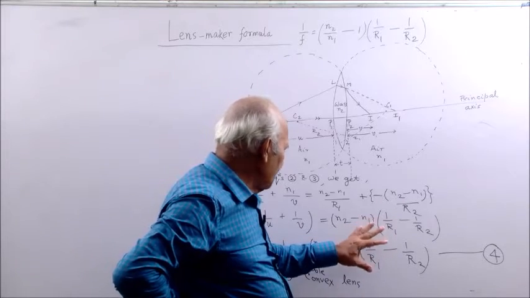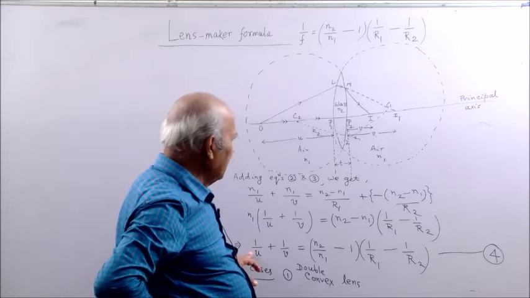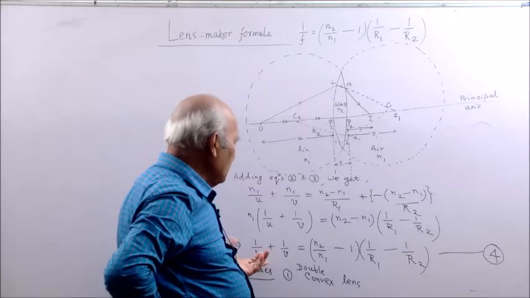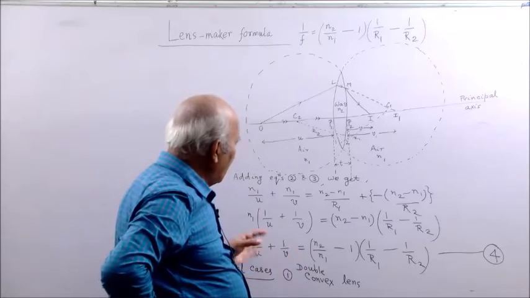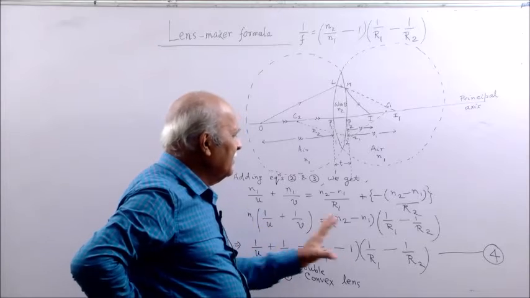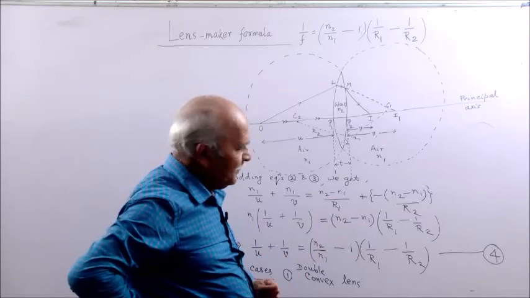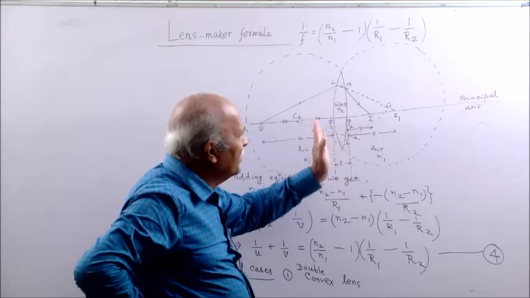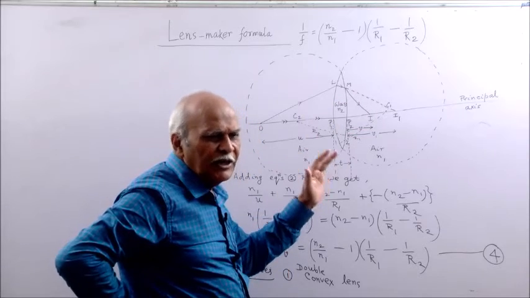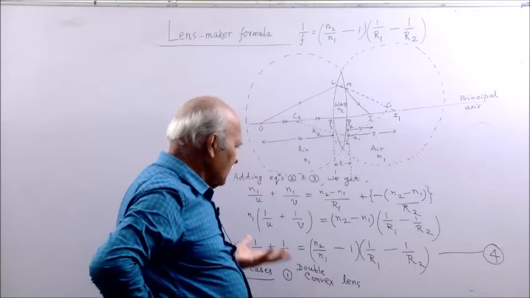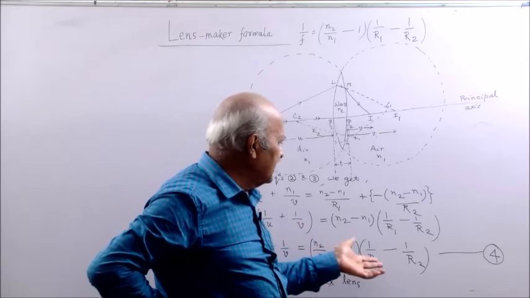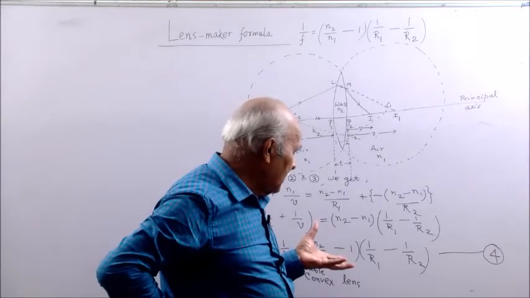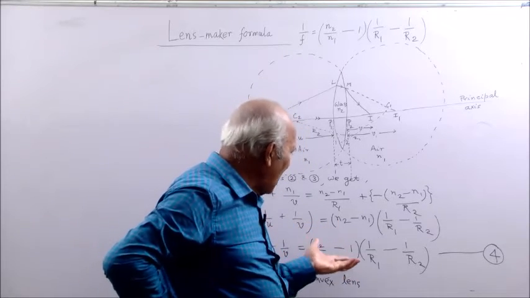So, this side becomes 0 and u is usually negative because the object is on the left of the pole. So, 1 by v minus 1 by u, that is your lens equation, and that is 1 by f. So, 1 by f is equal to 0 implies f is equal to infinity, which is not the case. In practice, a thin lens produces a focus a few centimeters away, that is experimentally found. So, naturally the question arises about the correctness of equation 4, which is not incorrect, but how it will explain that